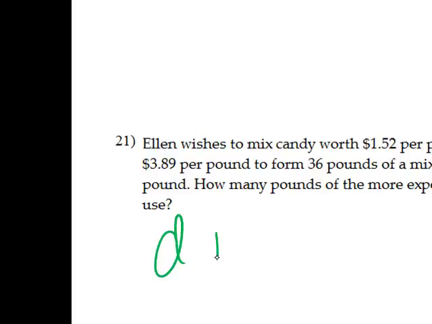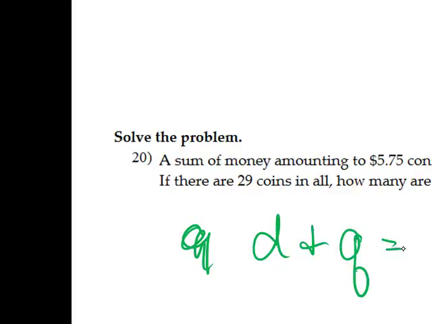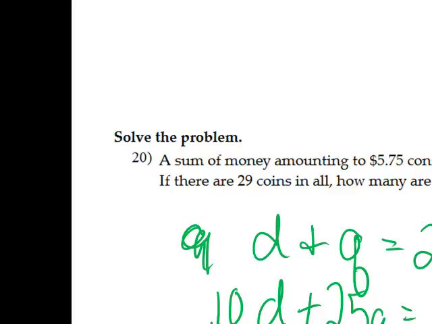Dimes plus quarters is 29. Dimes are worth 0.10. Quarters are worth 0.25. Is 575. Multiply the top equation by negative 0.1